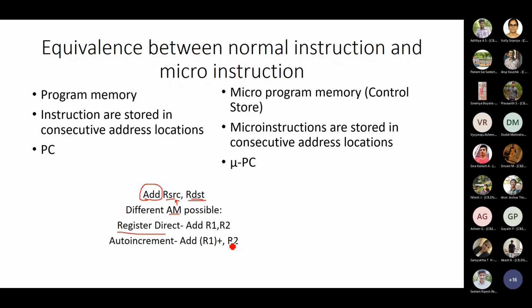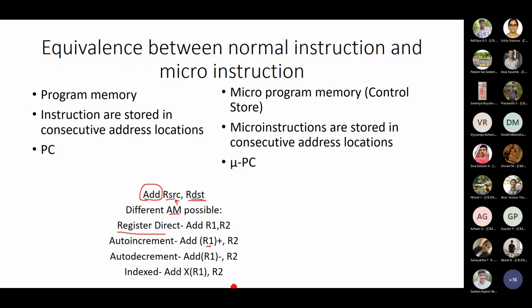If R1 is put in brackets, it means that it is the address location which is present in R1. In order to get the value to be added, you have to go to that address location. Once you get that value from that address location, you increment the address which is there in R1. R1 contains the address. You increment R1 by 4. In this case, it's incremented by 4. Auto decrement is just the opposite. It decrements the value. R1 contains the address location of the value which is to be added. After fetching that value, you decrement the content of R1 register. That means it points to the previous address location now.